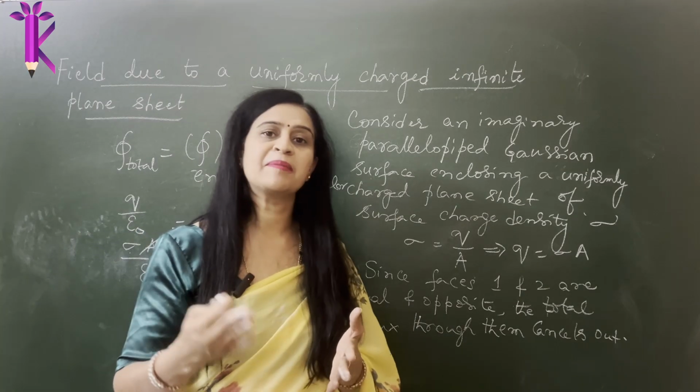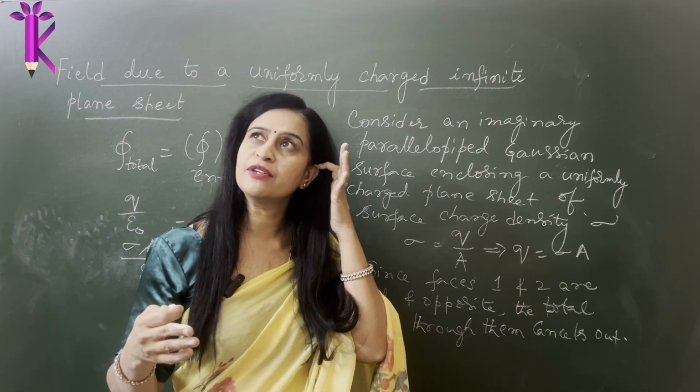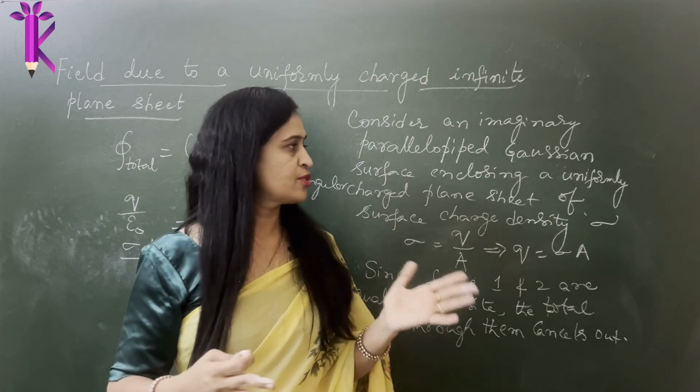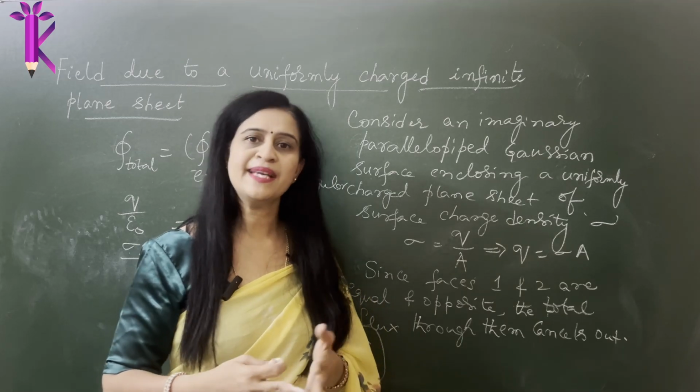If it was lambda divided by 2 pi epsilon naught R, I guess 2 or 4, so you have to be really sure about it. Learn these things, remember these things, it will be easy.